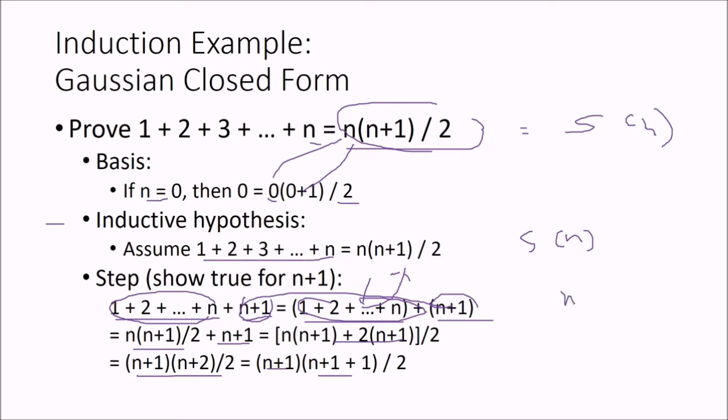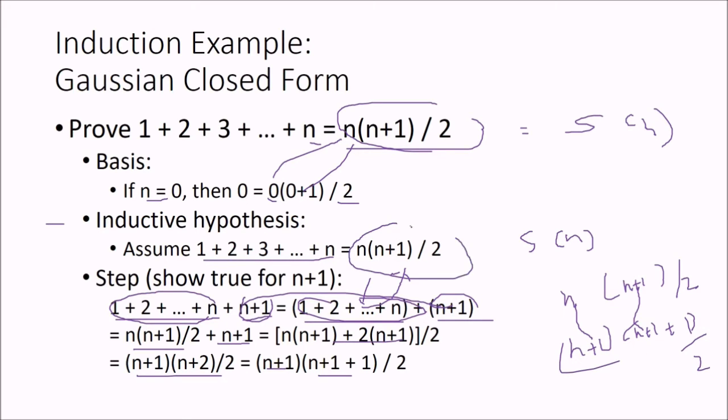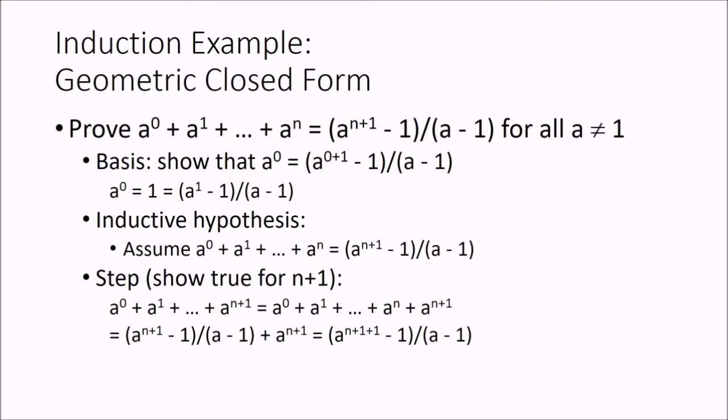So if the formula for n we assume to be true, then we actually found out that it is true for n plus 1 and n plus 1 plus 1. Means n has become n plus 1, and n plus 1 has become n plus 1 plus 1. So by induction we say, our hypothesis was it is true for Sn, and it is true for Sn plus 1 also. This is called the Gaussian closed form, and this is how we prove it.